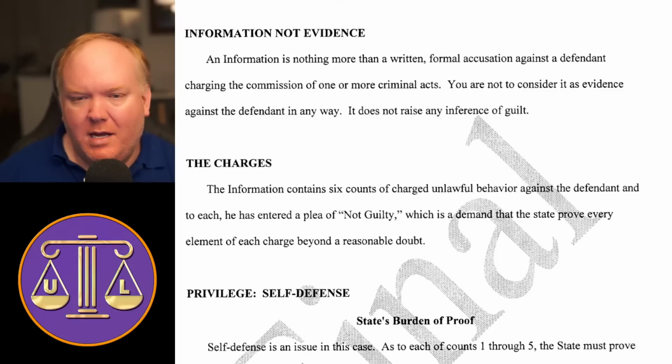Information. And information is nothing more than a formal written accusation against a defendant charging the commission of one or more acts. So the information, you just got to love this header right away. Information, not evidence. Because in the normal sense of the word, information is like evidence, something I can give you. But no, we're using the word information in a legal sense, in a technical legal sense, as in the charging